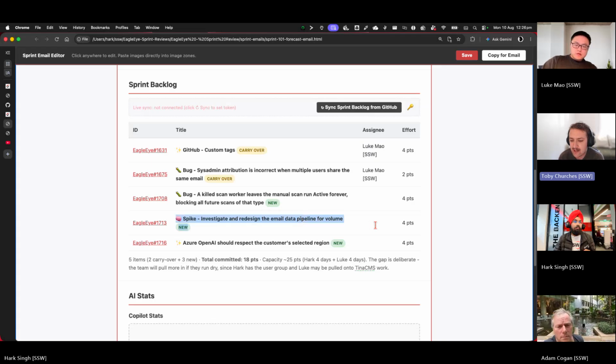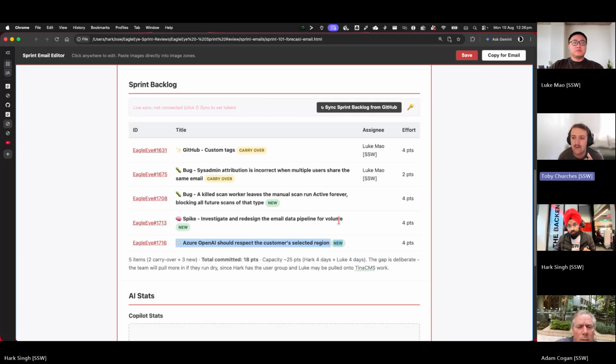Next one there, the spike. We also want to take a little bit of a look at the data pipeline to make sure that we're doing things the best we can. We want to make sure that the database isn't getting thrashed too hard, and it's actually not causing either of the jobs to fail. And a little bit more in the future, we want to try and think ahead and see how we can make this work for larger data. Right. Then the final,